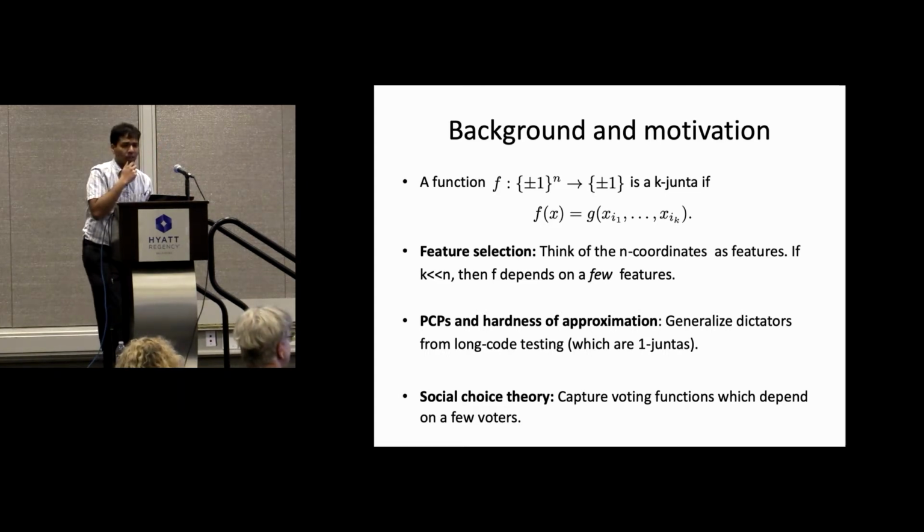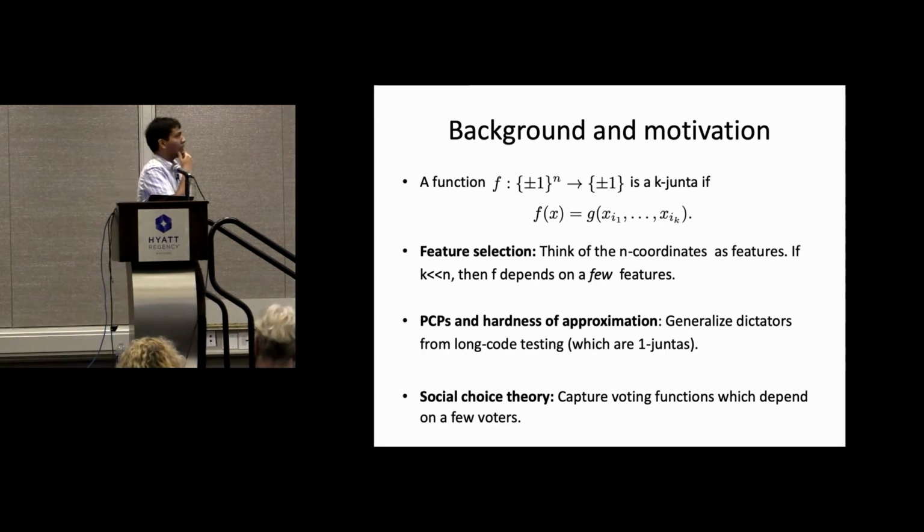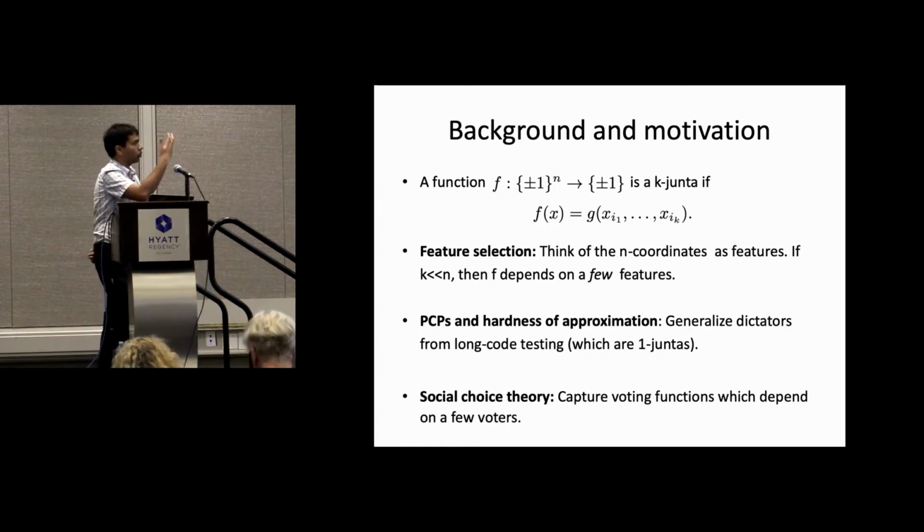The motivation for studying Juntas comes from various sources in theoretical computer science. For example, you can think of it as modeling feature selection problems. If f represents the output of a machine learning model, then you can think of a function which just depends on few of the features, even though there are n ambient features where n is very large. I guess the original motivation comes from PCPs and hardness of approximation. And in social choice theory, such functions represent voting functions which depend on only a few voters. So they've been studied from various